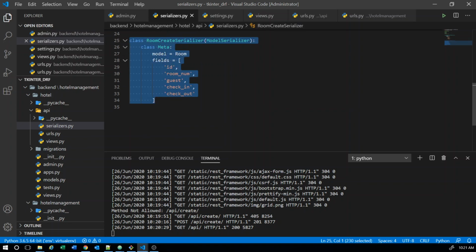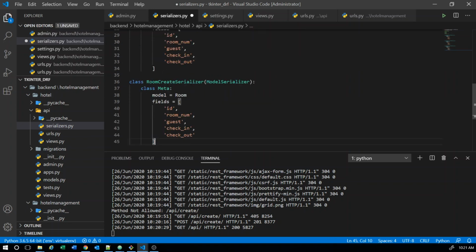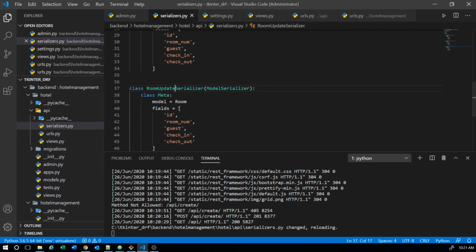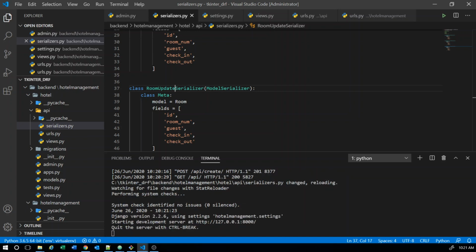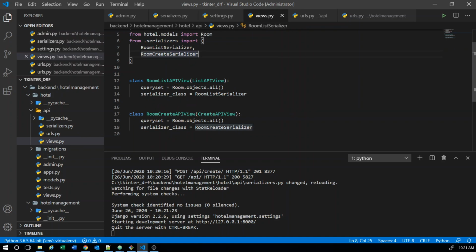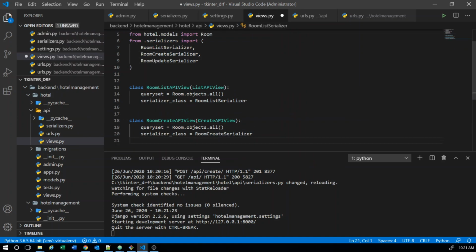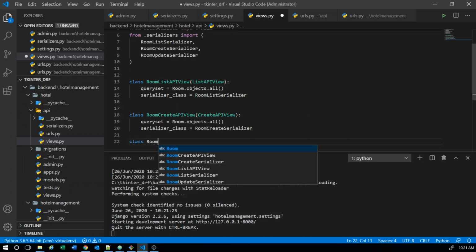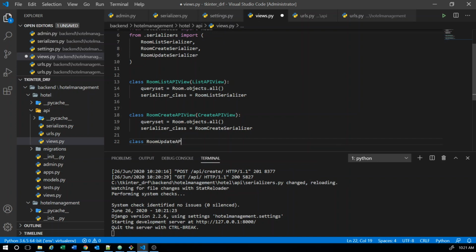I'm going to copy this and name it room update, because I'm going with the updating method. As we created the new serializer for updating purposes, we need to import that in our model, and we can name it room update API view, which is